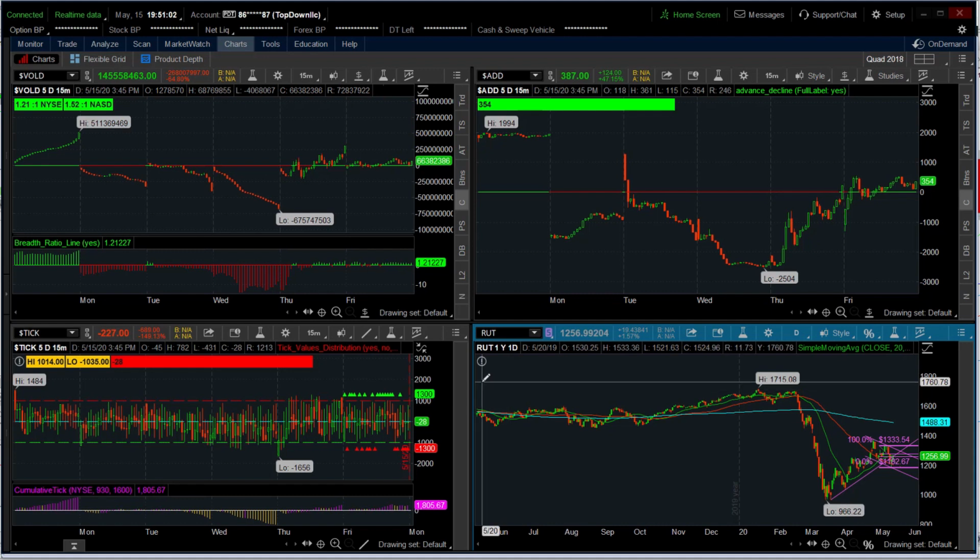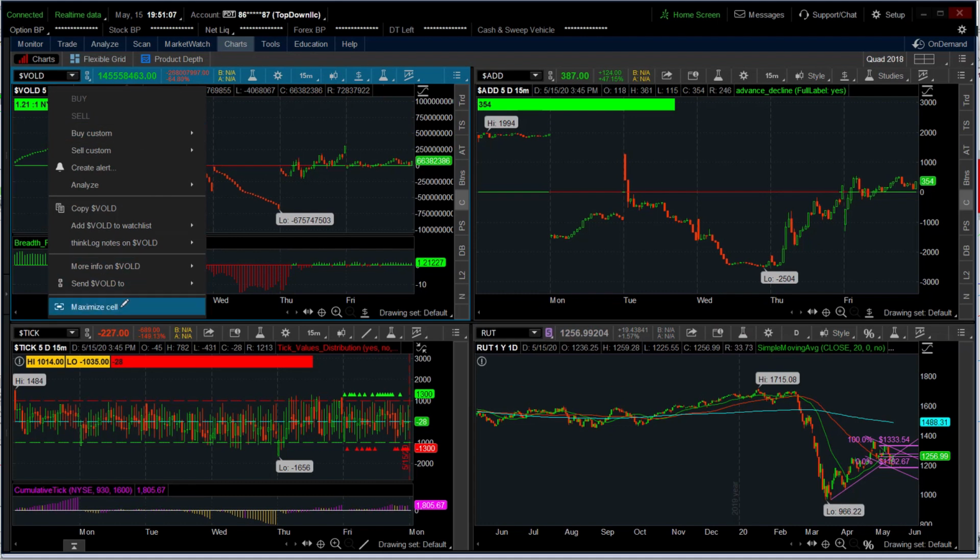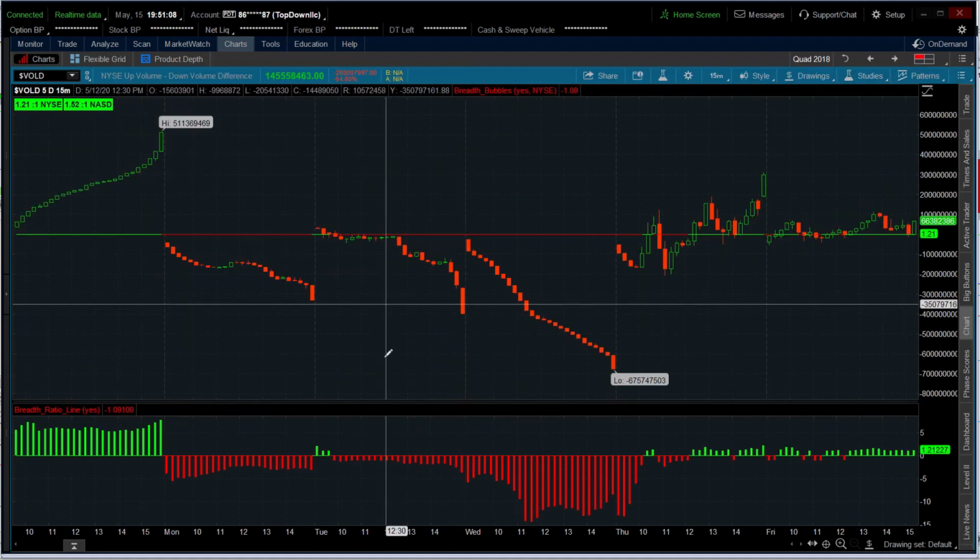So all that being said, if we look at our quad here, let's start with the breadth. Let's blow up this breadth chart right here. This is a histogram form here on the bottom, and these are just candlesticks. What this is, is the relationship between volume flowing into up stocks on the NYSE and volume flowing into down stocks. And let's just look, if we could, for a second, at just these last few days